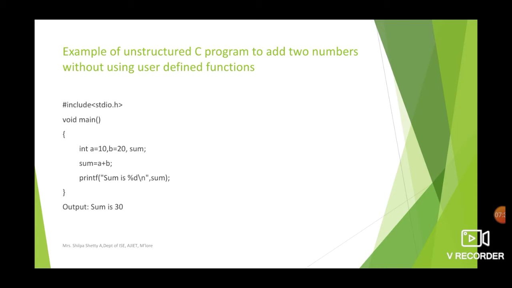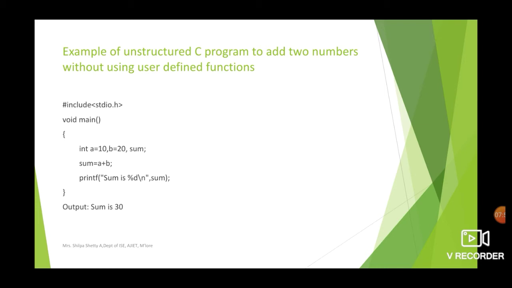So what is initialization? When you write the program, if you assign a value to a variable during declaration, then it is called initialization. And sum is the variable in which you will store the result, and it is not initialized because sum is the sum of a and b, which has to be calculated by you. So now let us find what is sum.